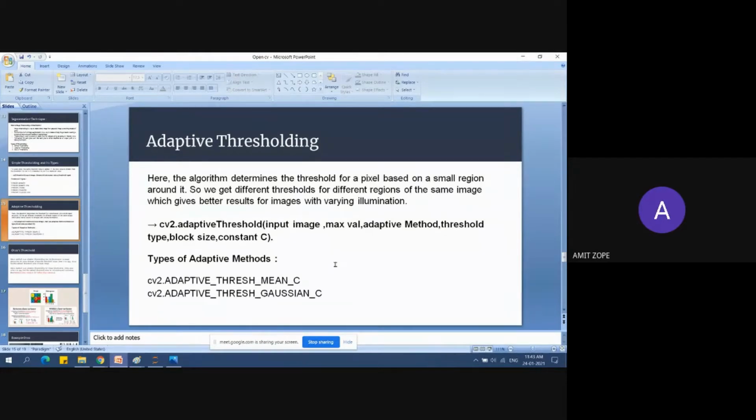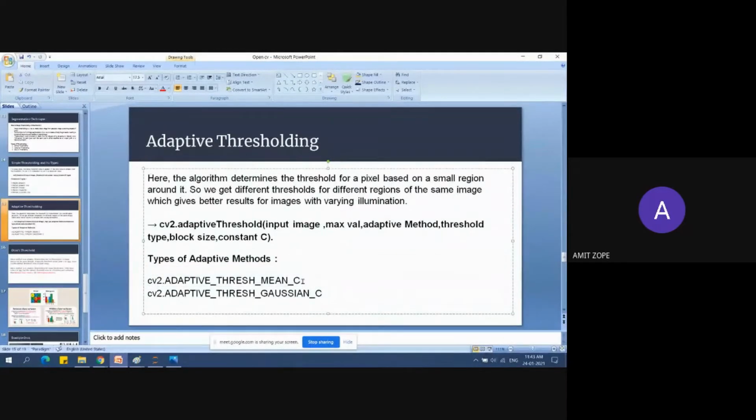There are two methods for adaptive thresholding. First is thresh mean C and second is thresh Gaussian C. The Gaussian C method requires more advanced mathematics, as it requires the weighted Gaussian sum. Mean is simple.